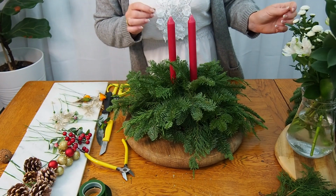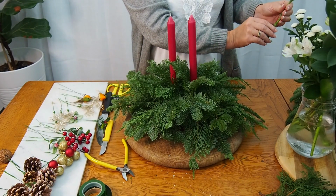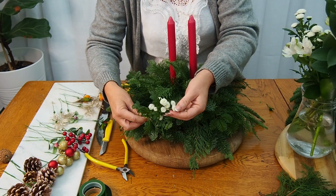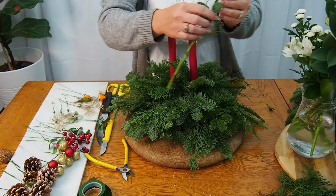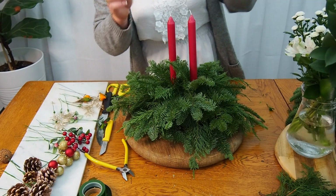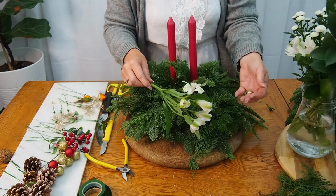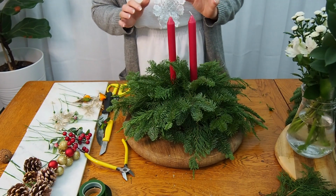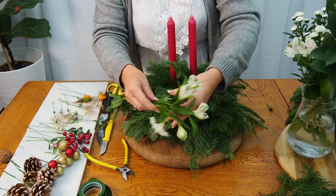With regards to my fresh flowers, I like to use either baby's breath, better known as gypsophila, or the mini chrysanthemums, which just give it a wintry, snowy effect. And what I'm also going to use today is Astromeria, and these are also beautiful flowers and last quite a long time. Okay, so first of all I'm going to start with my Astromeria, and I'm just going